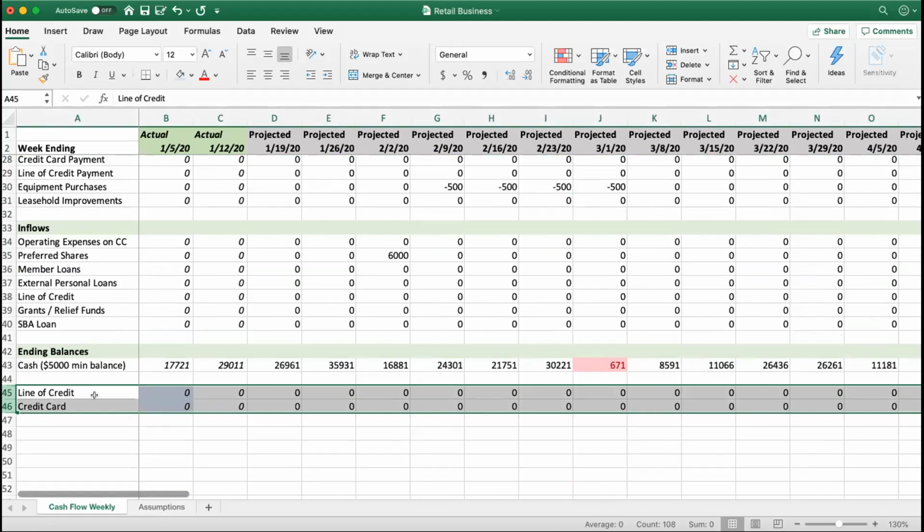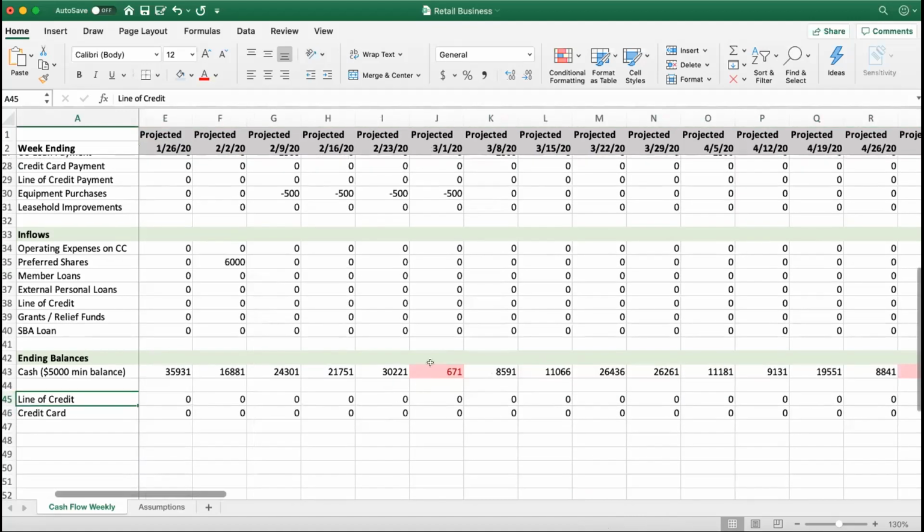you might want to track balances on revolving debt instruments that have limits. You want to know how close you're getting to that limit, because that's part of your available cash as well. If we had a line of credit, then we could very easily put in that we're going to pull $1,000 off of the line of credit here, and then we're going to put it back over here, in order to get over this hump right here.